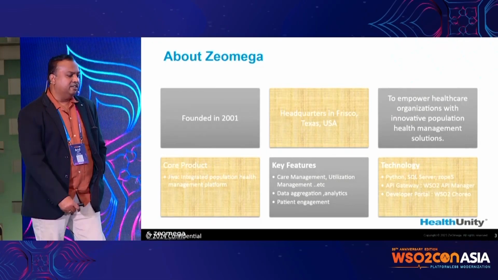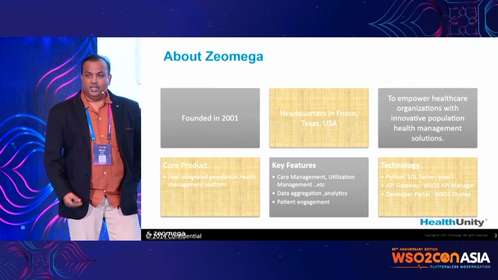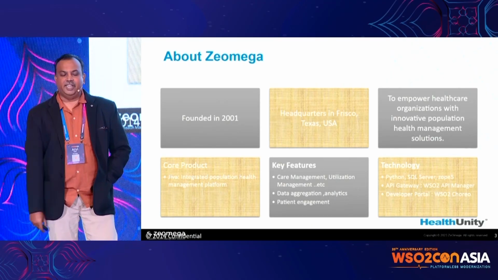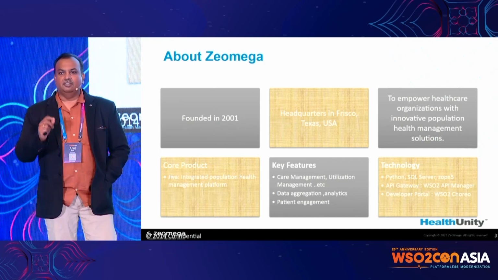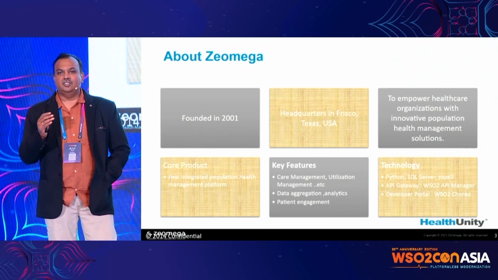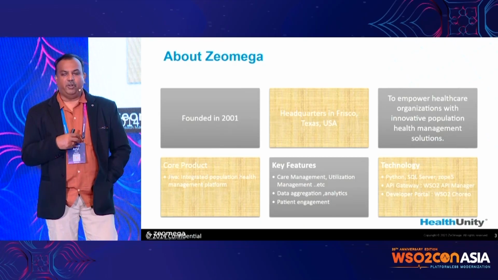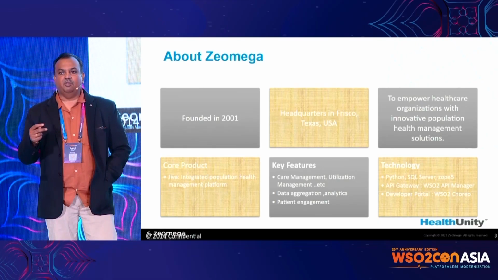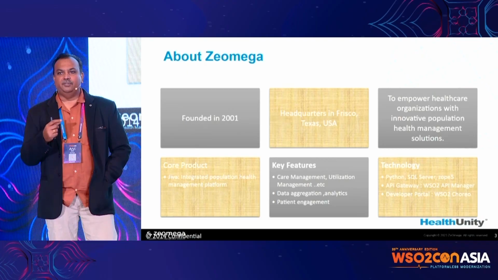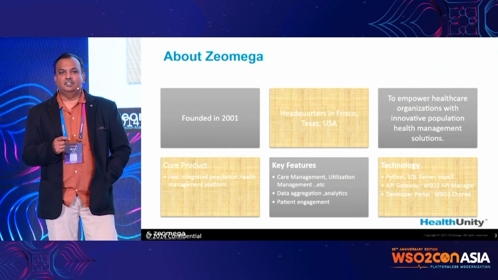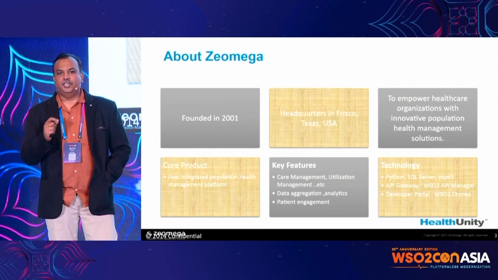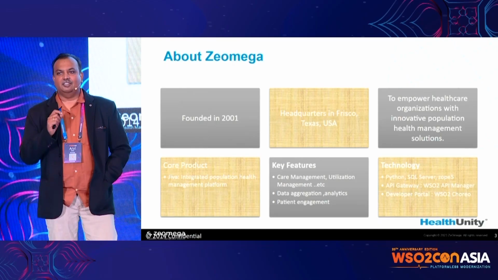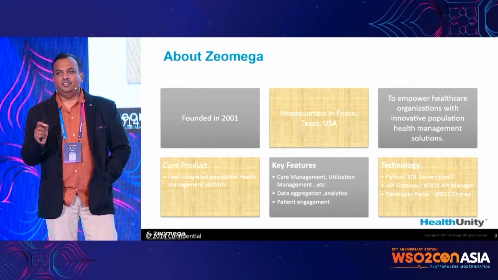About Omega, it started in 2001 and is based out of India. The founders are from India, and we are based in Texas. Mostly we focus on the healthcare insurance or health plan payer side, providing population health management systems that take care of your health plan benefits and coverage, and make sure that in a year the patients or members are utilizing their coverage correctly and that it is getting approved on time.